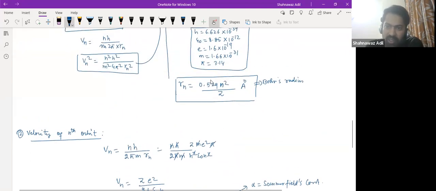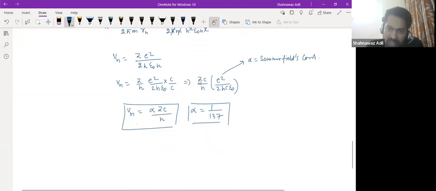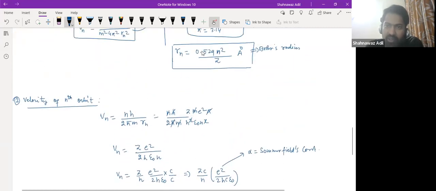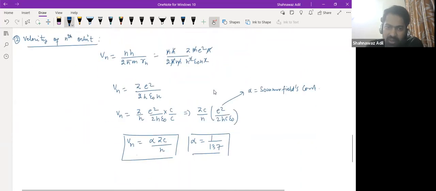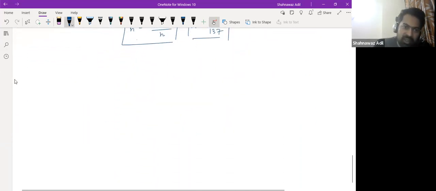This is directly proportional to n square. In the numerator we see Z, in the denominator we see Z. So these are the crucial differences between velocity and radius. Similarly, what is the total energy? Before we calculate that, let us calculate the time